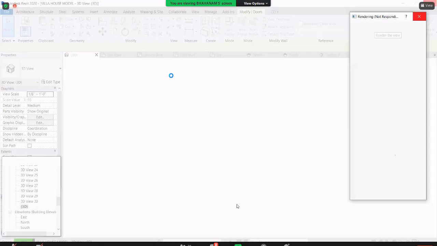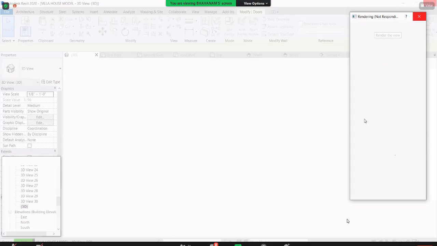But 3ds Max is not like this, and in 3ds Max we can do wonderful things. It's not like Revit. 3ds Max is completely different from Revit. Almost, 3ds Max and SketchUp are the same, but 3ds Max will give you high quality images, and the modeling is also high quality. But SketchUp will never give you that much quality.